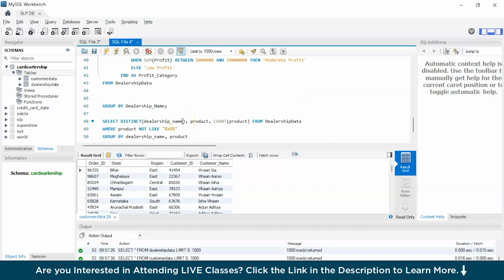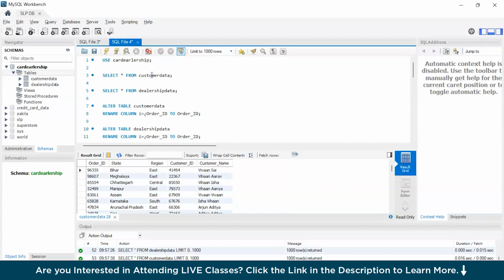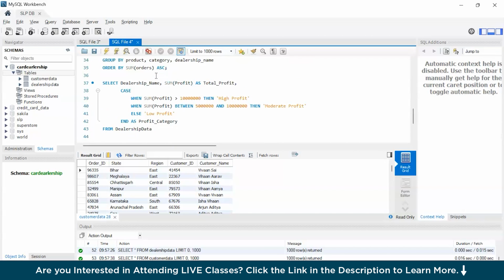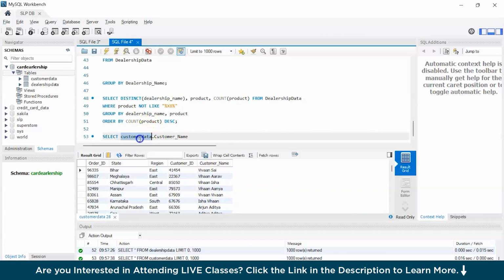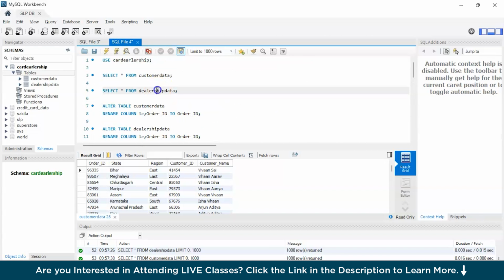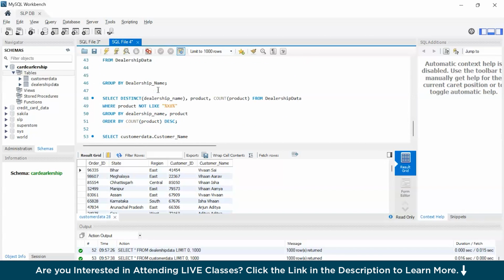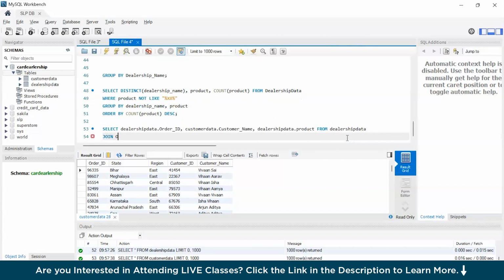Okay, let's also copy the customer data table name as well, so that we don't have any mistakes in our query. And we want the dealership data table name as well, so comma dealership data, and what we want from dealership data is product, and we also want dealership data dot order ID, copy the field name, comma, from dealership data, join customer data to dealership data